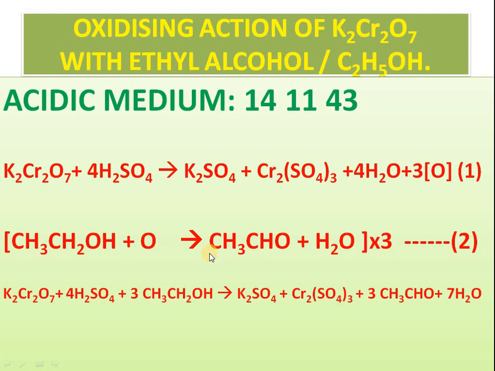Okay, here ethyl alcohol is converted to ethanal, and if the question is asked, if you do oxidation again of ethanal, what will happen? You will write ethanoic acid. So to say that CH3CHO plus O gives rise to CH3COOH. This way the reaction can be balanced.